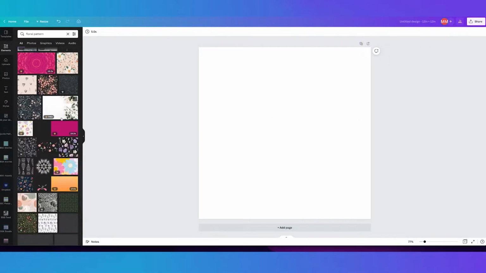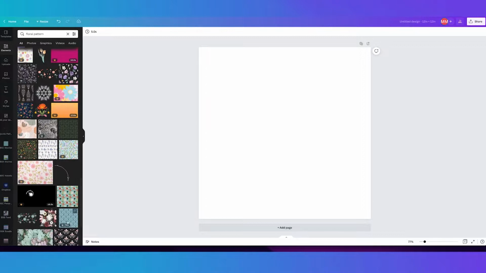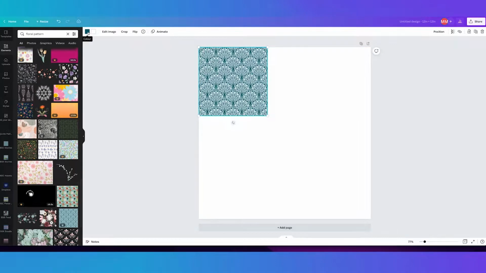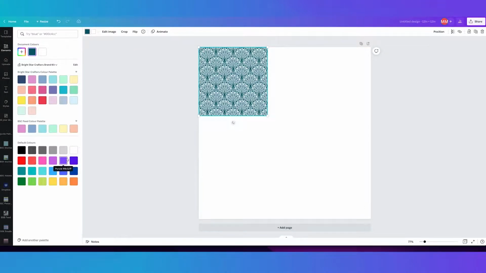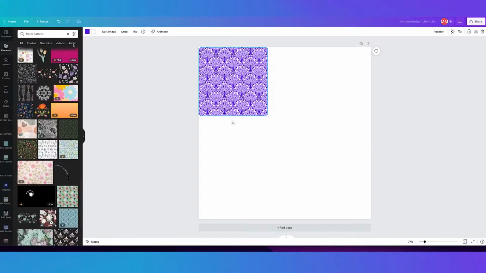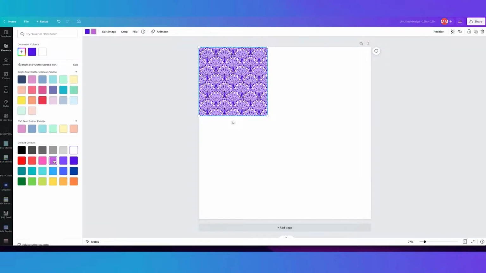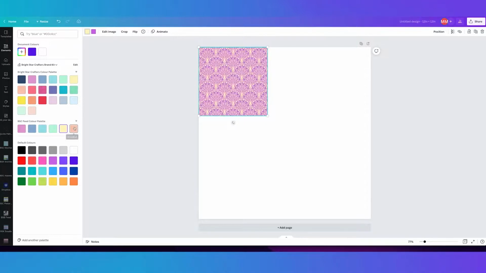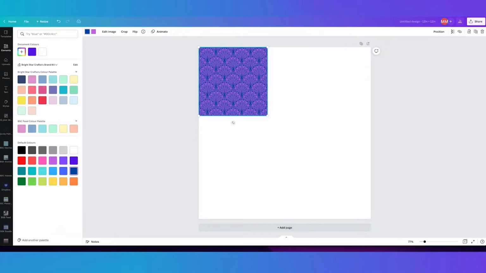So for this example, we're going to find, say, this one, and maybe we want it to be quite a bright pattern. So we'll change the background to be, oops, sorry, say this, and maybe a bit more contrast. We'll make this blue, but you can change it to be whatever color you like, and look at how it completely changes the look of it. So say we're happy with that color combination, you can then scale it to be the right size that you want,